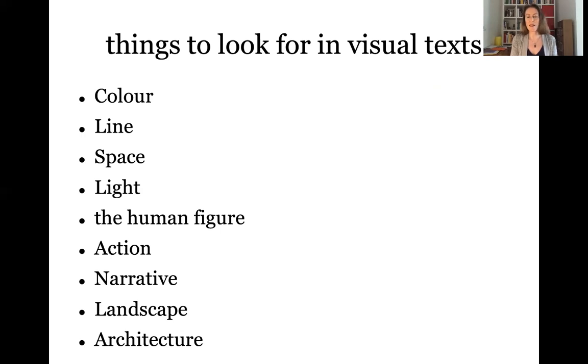So in the same way that a poem will create its kind of spaces, so will a visual text. I should point out, by the way, that the way we work with visual texts in MML is very different from the way that visual texts are worked with in, say, an art history department. What I'm talking about in this sample lecture today is really more of the kind of work we would be doing in MML, where again, we're interested in working with problems of text and image from the point of view of thinking broadly about culture, and a broader understanding of, in this case, medieval Italian culture.